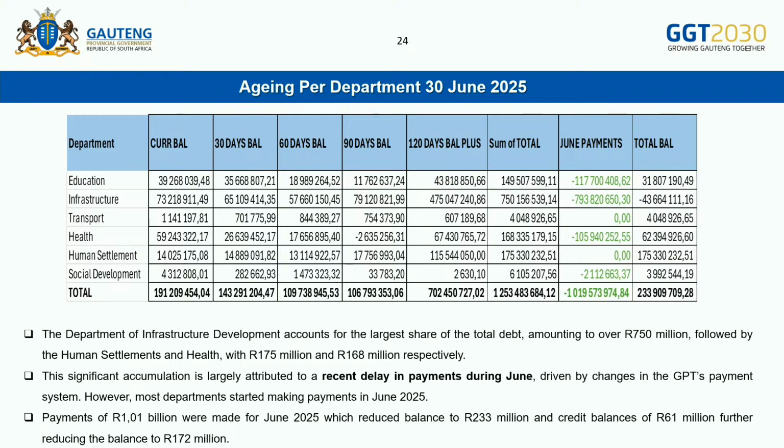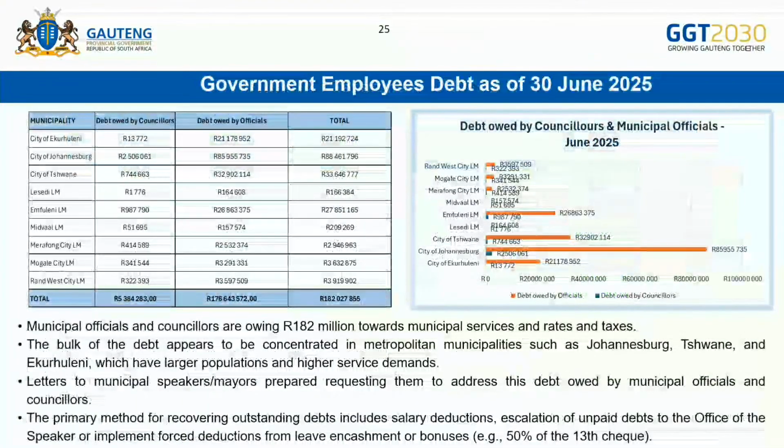Chair, this is just calculating, just to discount the June payment in terms of the outstanding debt. But also just to note, Chair, that as municipalities have started a new financial year, the property rates annual claim will be added to this amount that is showing in terms of balance. Chair, and then